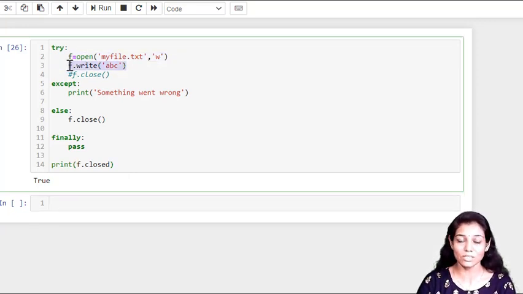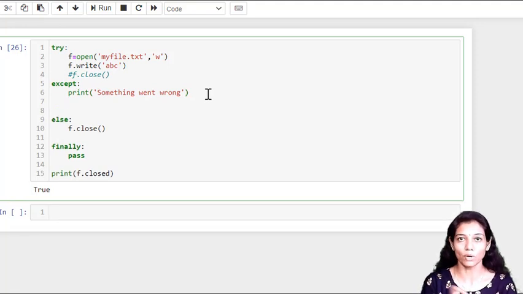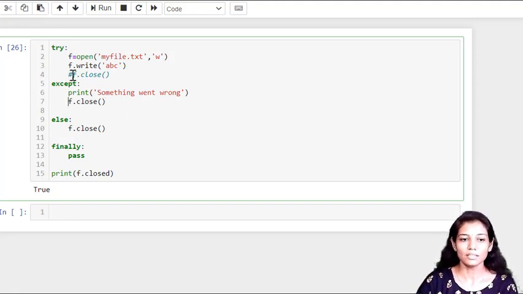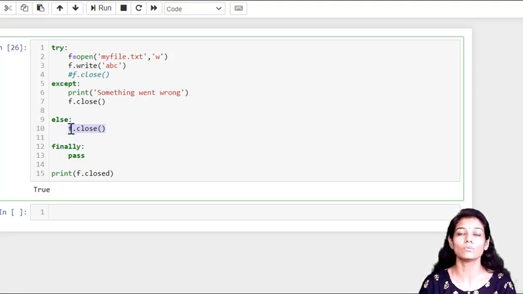This write operation has been performed and the file has closed, because the else block will only get executed in case there is no exception. But in case an exception is generated, the else clause is not going to run. So even the except block is not the proper location to close my file, because it will only get executed in case an exception occurs. Here there is no possibility, because your control will not go back once an exception has occurred. Else will only be executed in case of no exception.